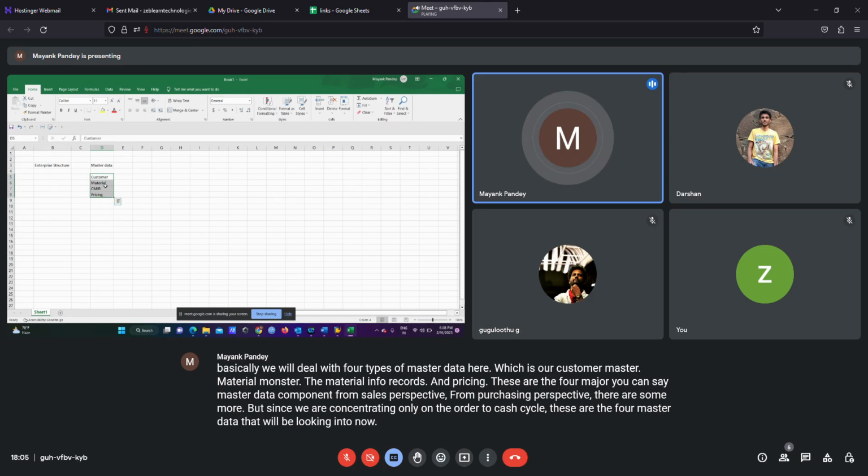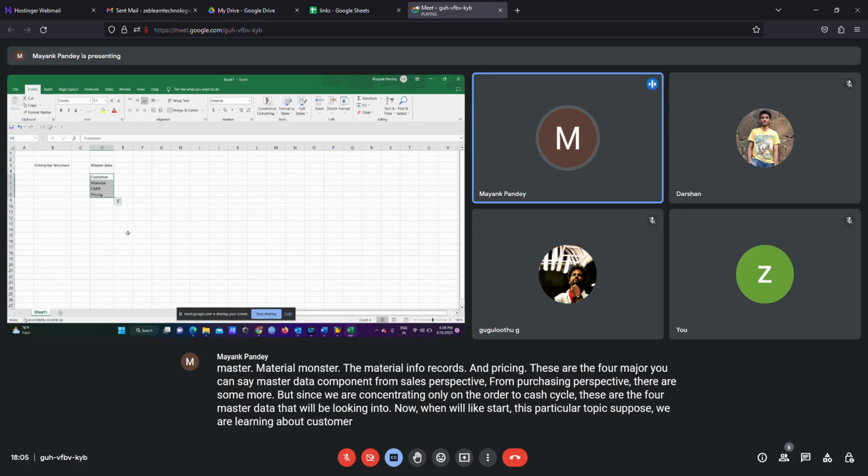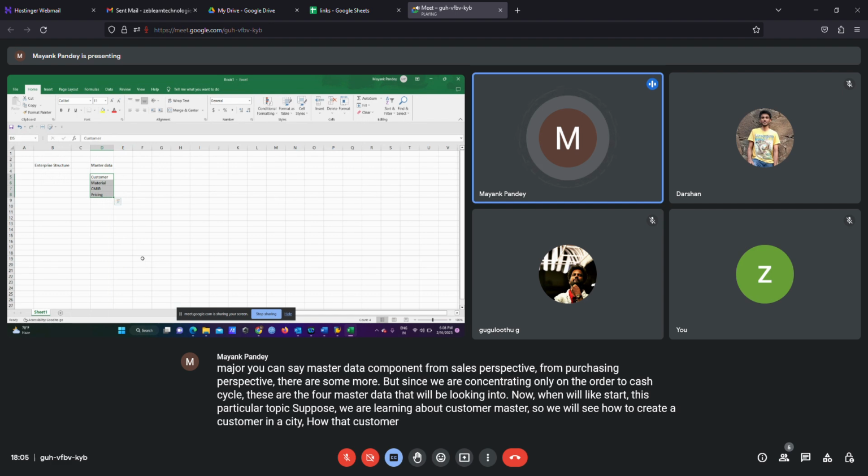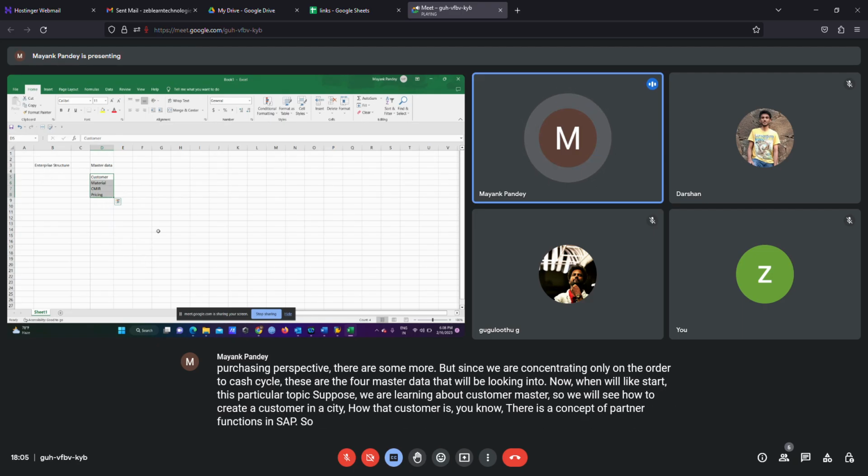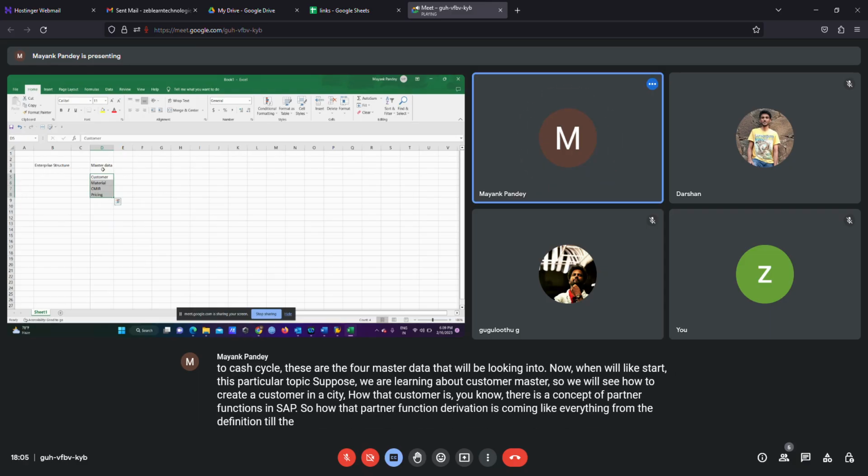When we start this topic, suppose we are learning about customer master, we will see how to create a customer in SAP, and there is a concept of partner functions in SAP, how that partner function derivation comes, everything from the definition till the assignment part. So this is the master data.